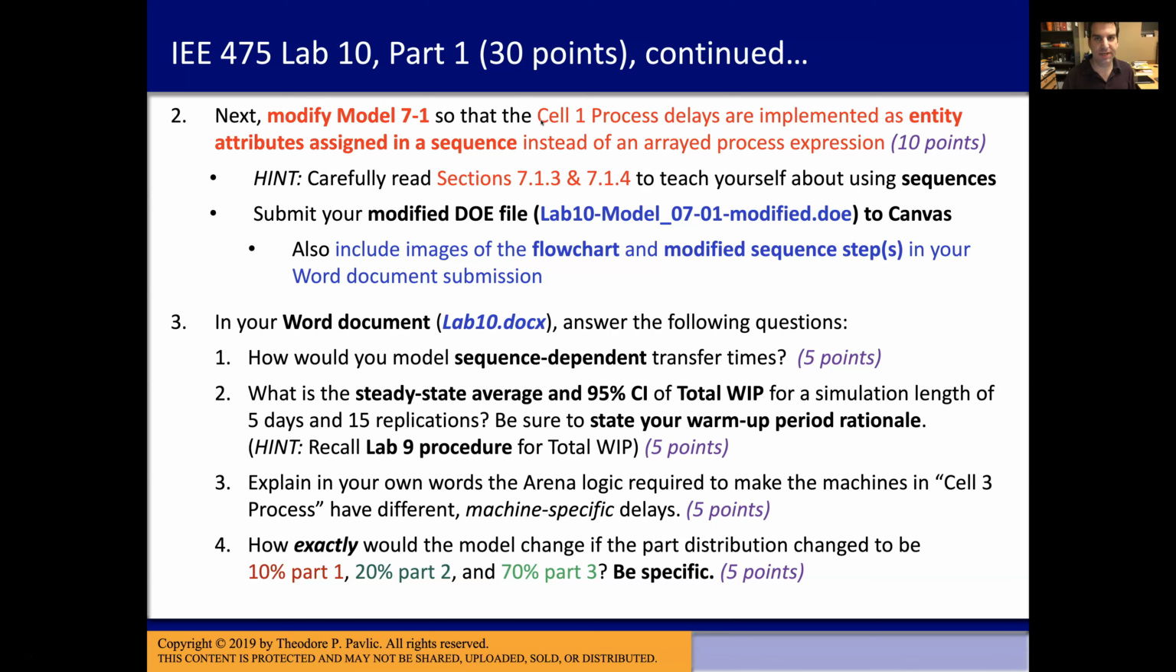But the way the book has written it, just to show a diversity of ways of doing things, is they have not done that for the cell 1 process. And so I want you to go in and take the book suggestion and use the sequences to update that cell 1 process. And so when you're done with that, then I want you to submit your modified DOE file